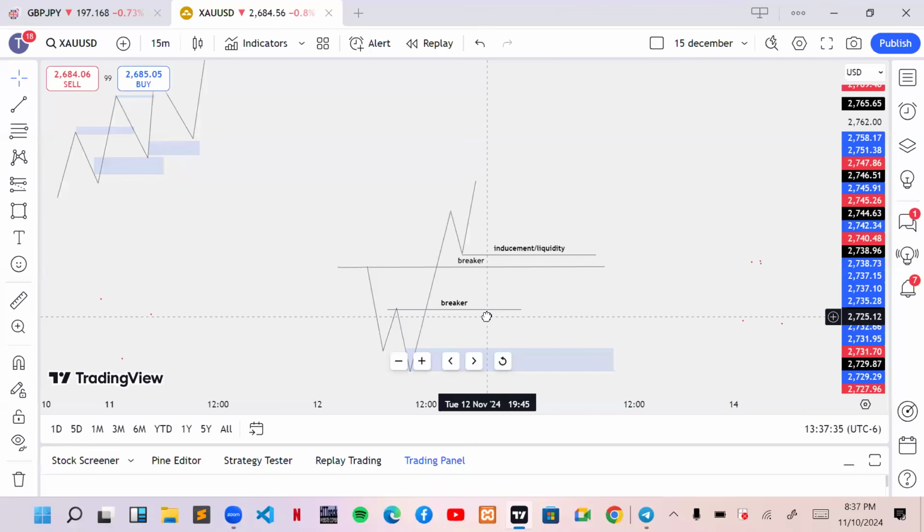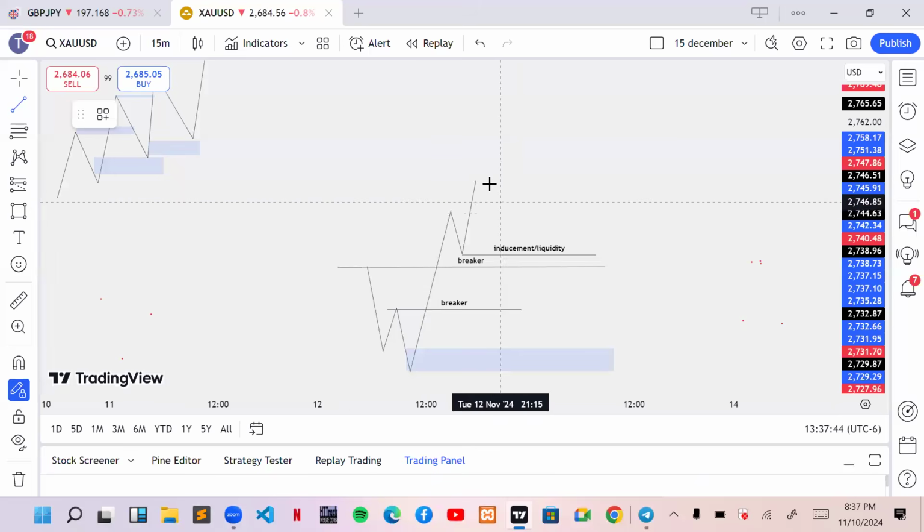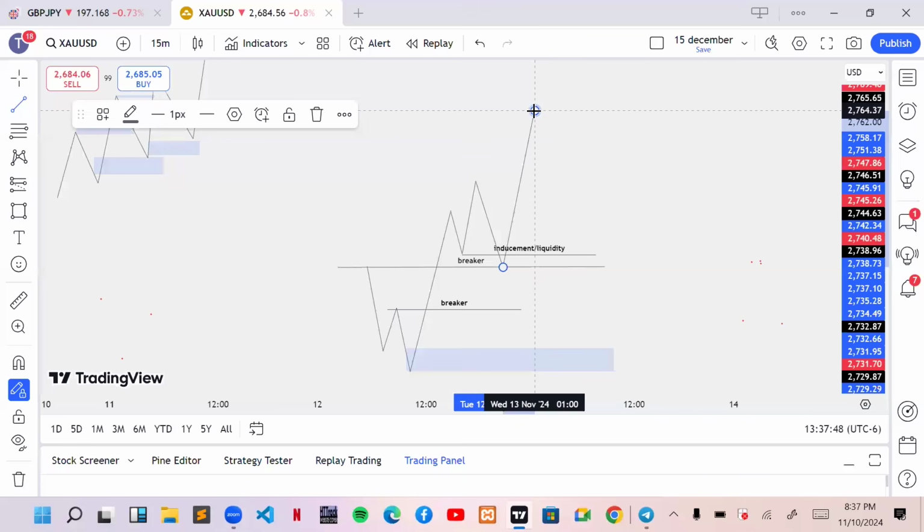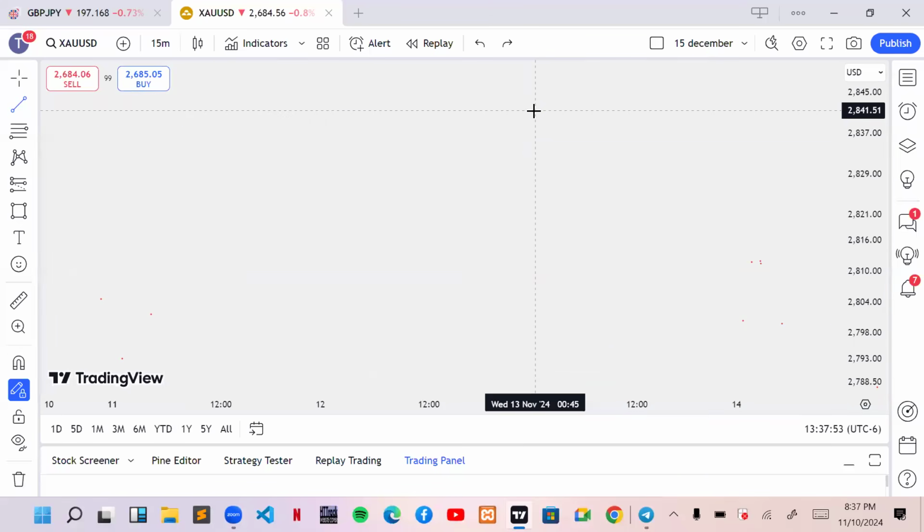What is our liquidity? Our liquidity is inducement. So which point of interest among all these three is now closest to inducement? This one right here. So our entry will be picked from here. So this is where market will react and start buying from. Yeah. But in a scenario where after market does this